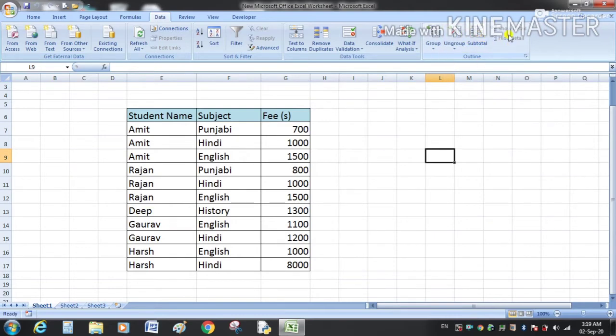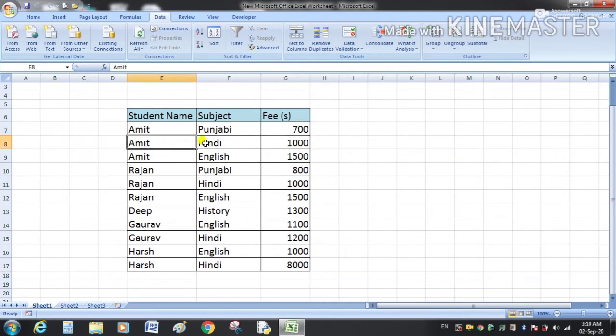In this sheet I have created a table with student name, subject, and the fee paid by the student. For example, Amit for the subject Punjabi is paying 700.